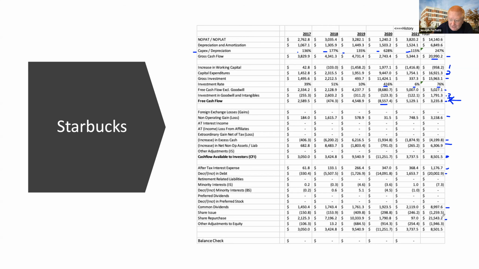So how do you pay back $21.5 billion worth of shares if you don't have any cash left? $20 billion worth of debt was $21 billion worth of share repurchase. It's right there in black and white. Because basically all the CFI went out in dividends. So what did Starbucks basically do with all their cash? They gave it to the shareholders. Matter of fact, they gave more than they made to the shareholders, and they borrowed a bunch of money to